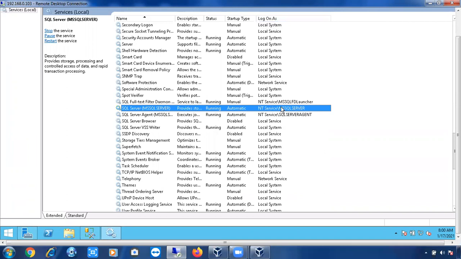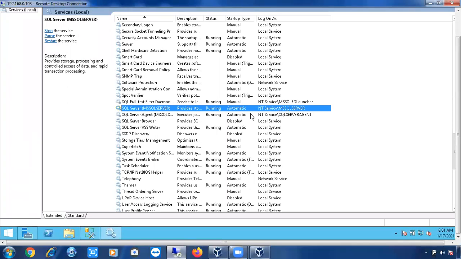Here you can see, if you install a default instance, I told you, only at the time of connecting you are going to give the computer name. But in all other situations, in services, in configuration manager, and also in folder creation, it will be done with the name of MSSQLSERVER. So currently if anyone asks on which service account my SQL service is running, now you can say NT Service MSSQLSERVER. This is the virtual service account. It will be created at the time of installation.